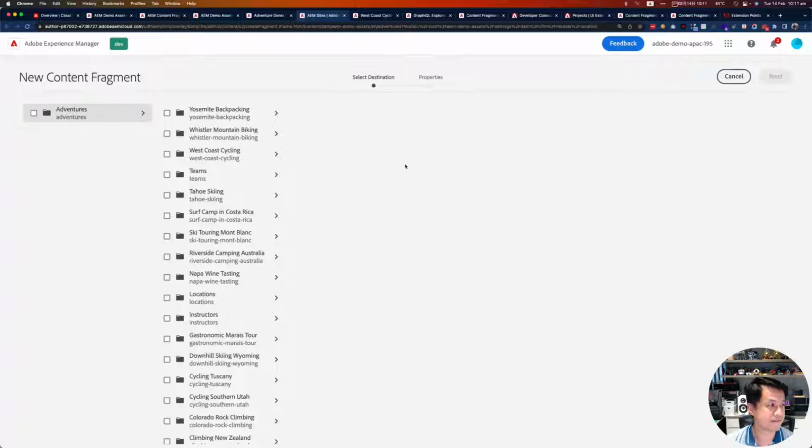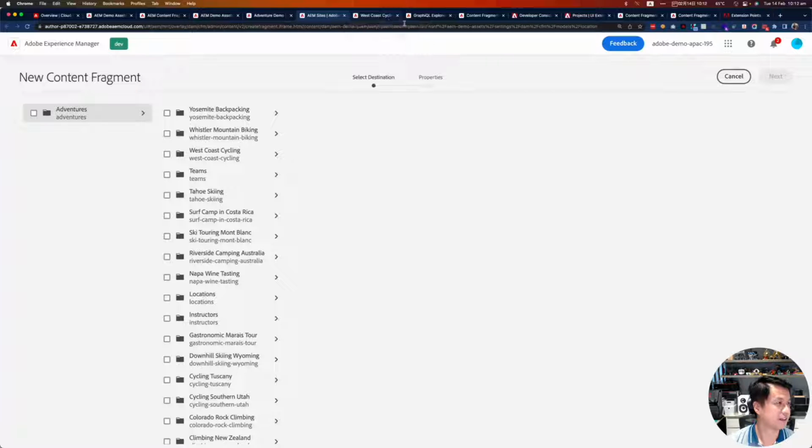So I call these little innovations very efficiency focused, because what we want to do is provide the content author who is focused on the content fragment creation a really efficient interface to use to manage the content they want to create.